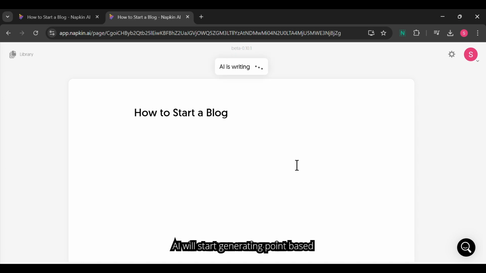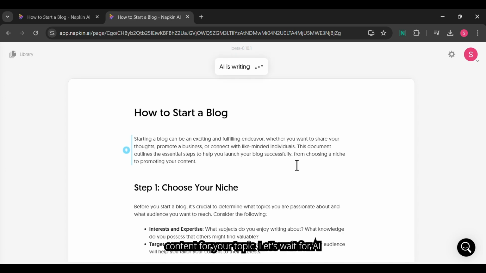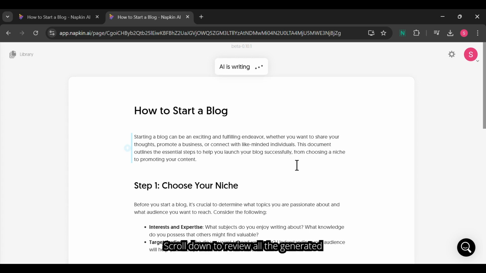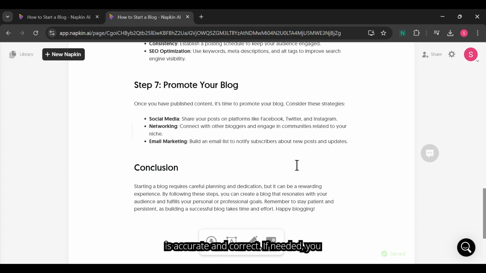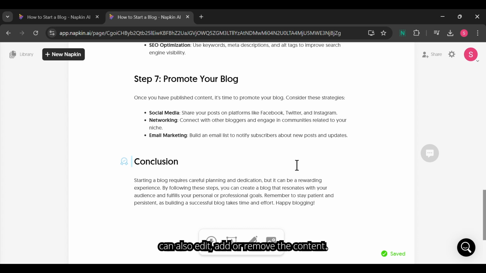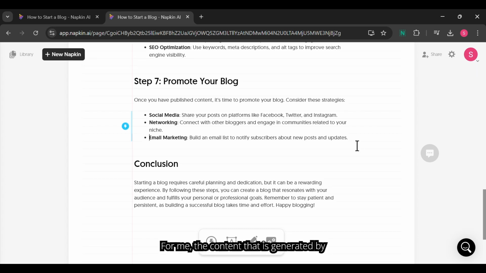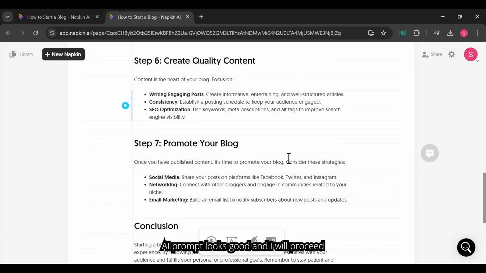AI will start generating point-based content for your topic. Let's wait for AI to finish writing the content. Scroll down to review all the generated content. Check if the generated content is accurate and correct. If needed, you can also edit, add, or remove the content. For me, the content that is generated by AI prompt looks good, and I will proceed with these data points